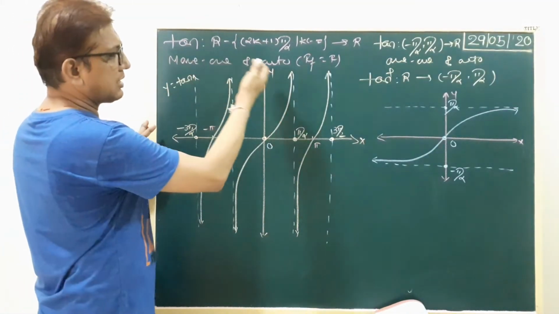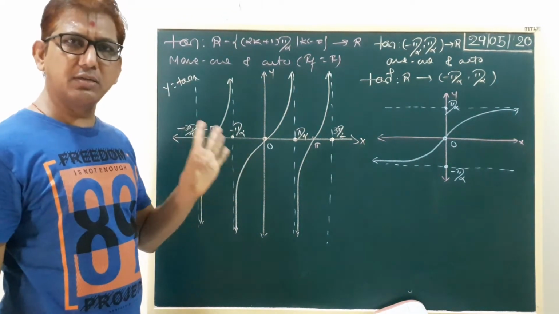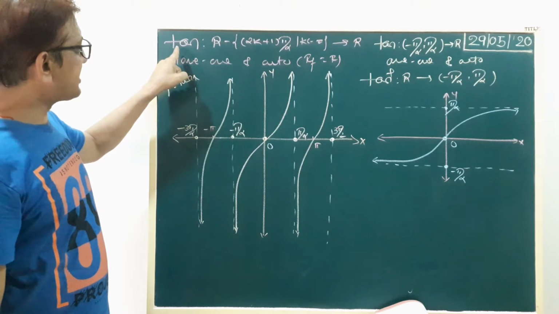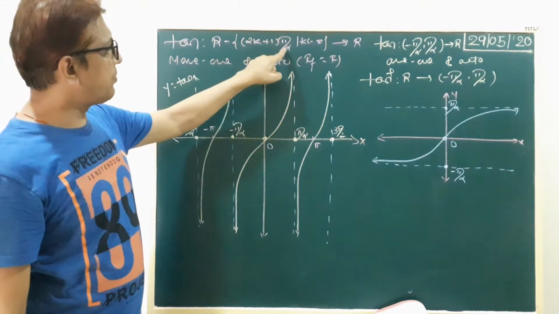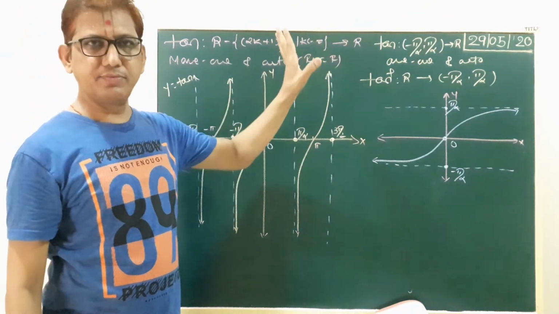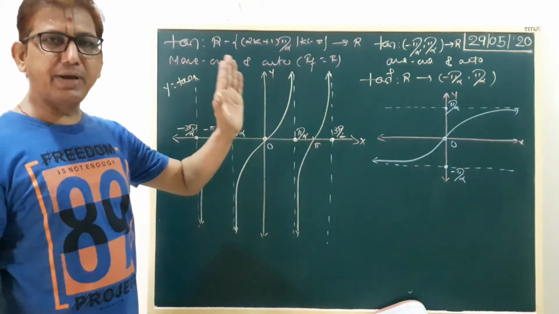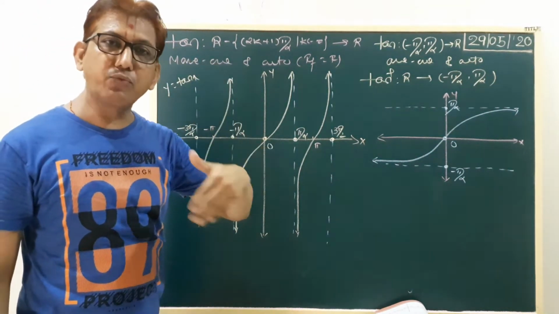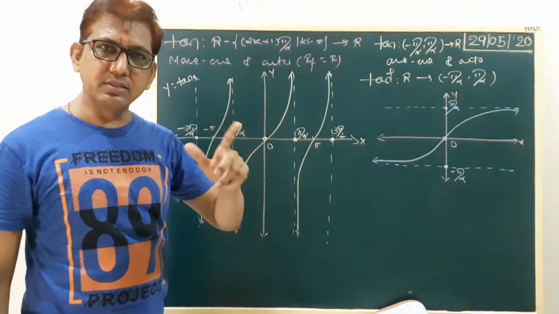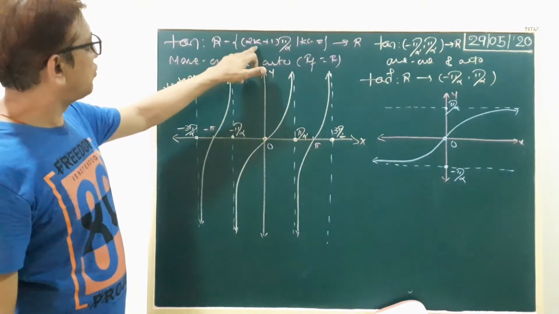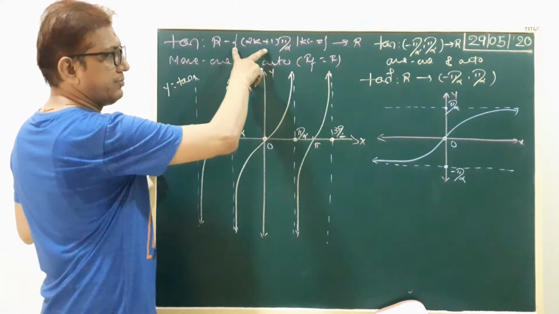Now we discuss the tan graph. Third function: first sine, second cos, third tan. As in our 11th science, tan is a function from R minus (2k plus 1) pi by 2, where k belongs to Z, to R. Because tan of pi by 2, tan of 3 pi by 2, tan of 5 pi by 2 is not defined; the answer is infinite. Is that clear? So we cancel the values R minus (2k plus 1) pi by 2. Okay? This is our domain.